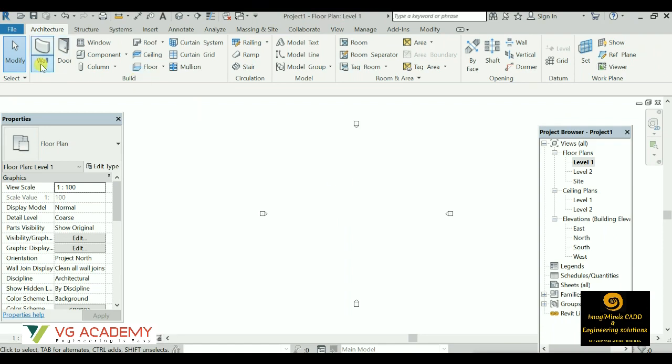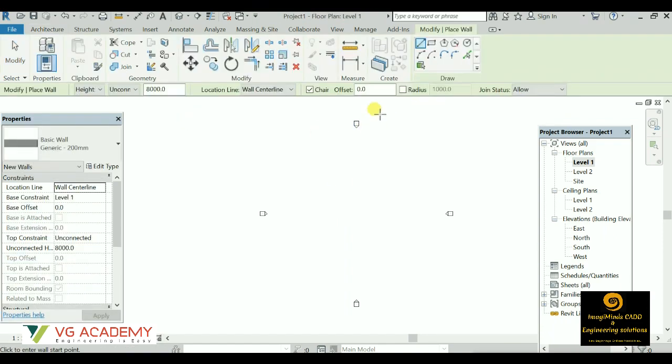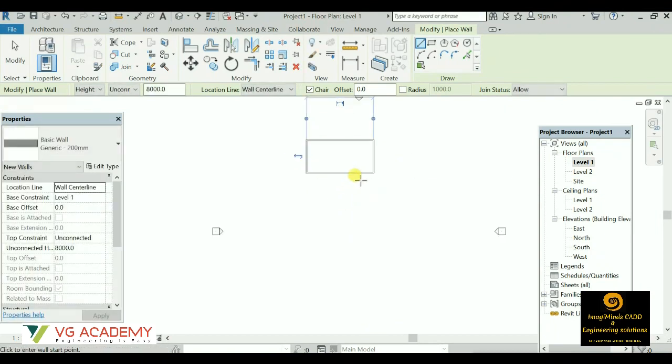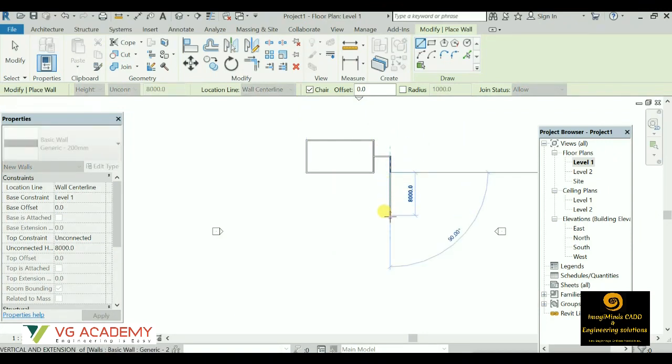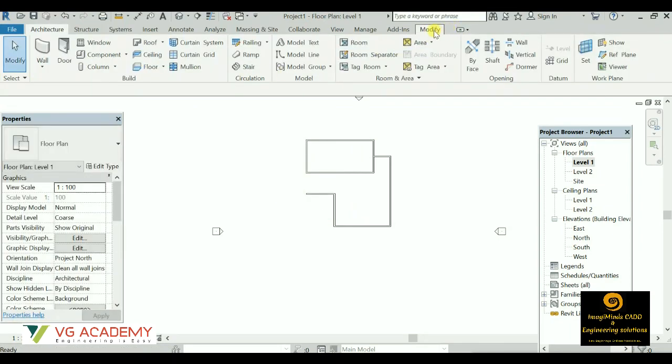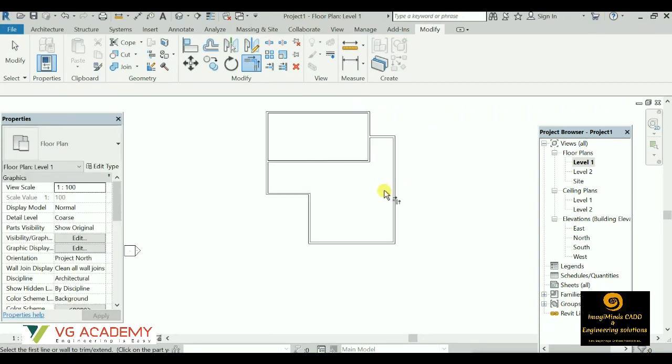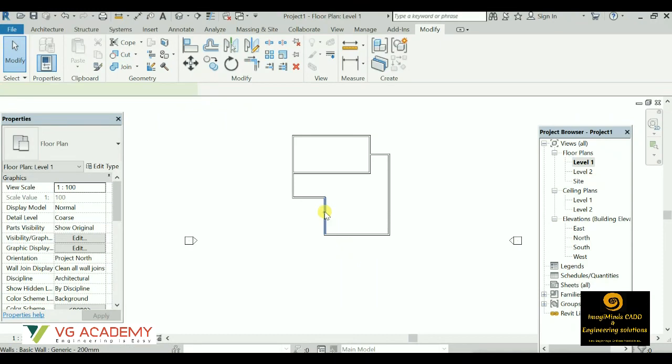So let us just create a simple floor plan. I'll select these walls. Just a simple floor plan will draw like this. Let's say we'll do some modifications. So this floor plan I'm drawing actually to show you how to place the doors and